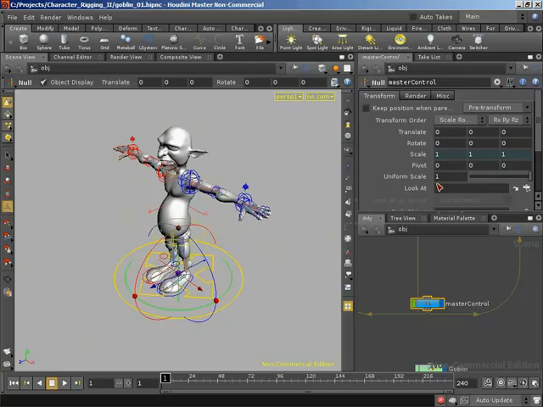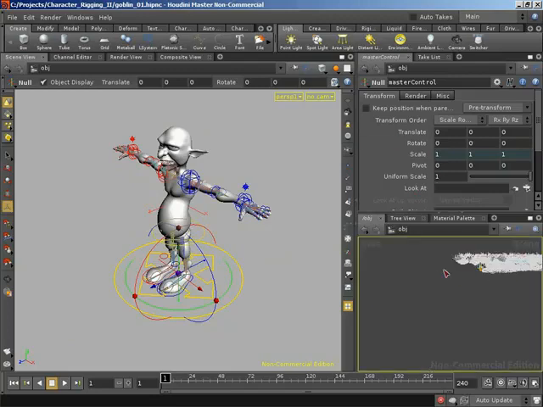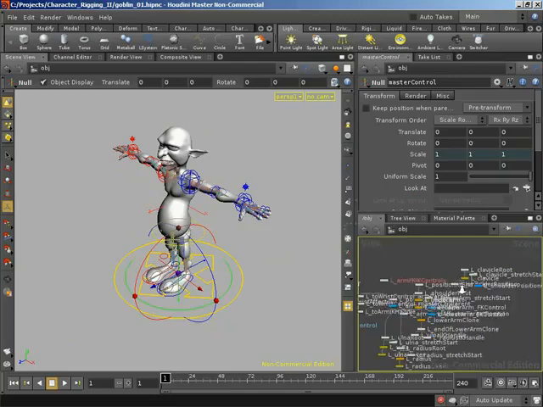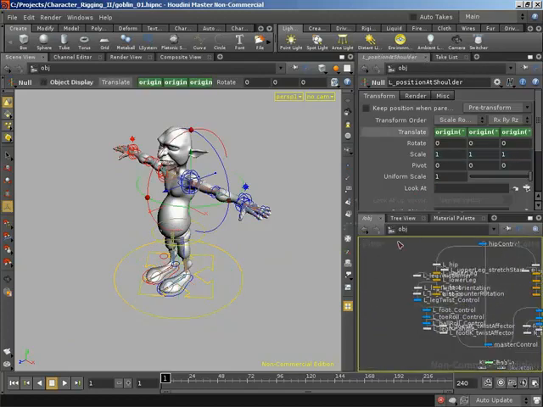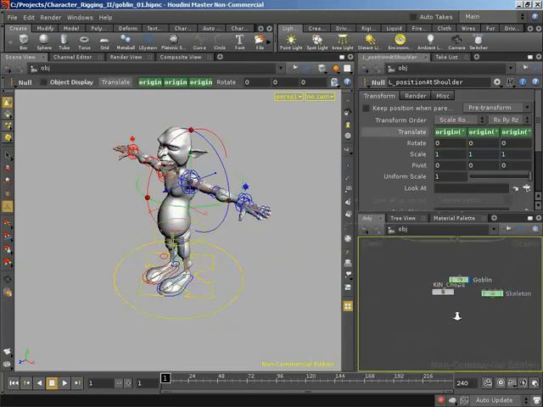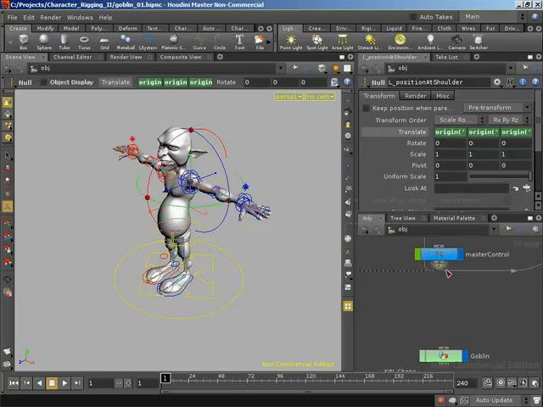So I'm going to begin by parenting in our position at shoulder 2 objects that are going to position our arms at the shoulder location. I do need to alter their origin expressions, so then relative to the master control rather than relative to the world. So let's hunt down L_position at shoulder. Notice we don't need keep position when parenting checked, because we're going to adapt the origin expression,